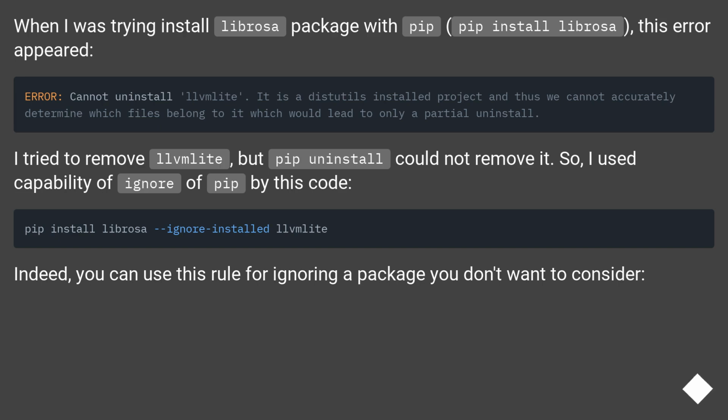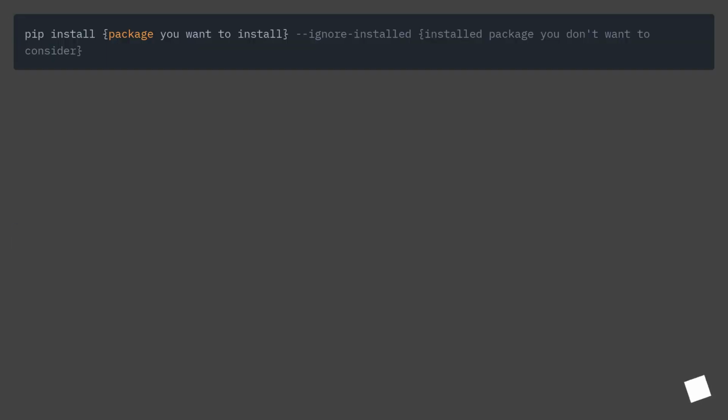Indeed, you can use this rule for ignoring a package you don't want to consider. If you want to send it, yes, it will be